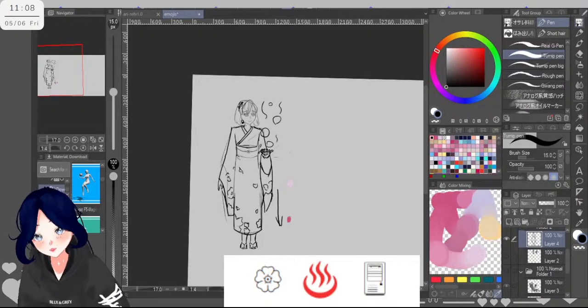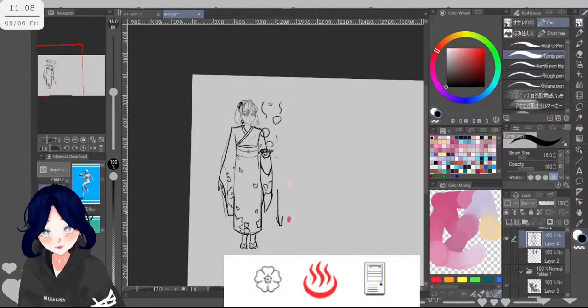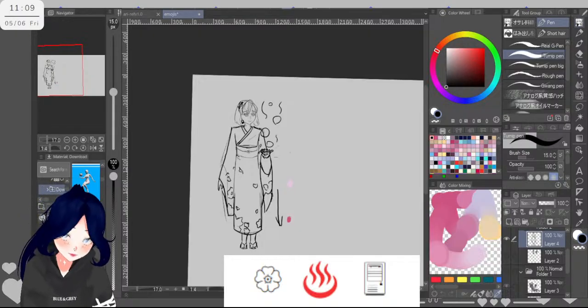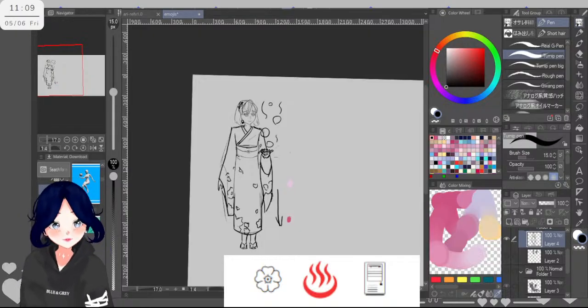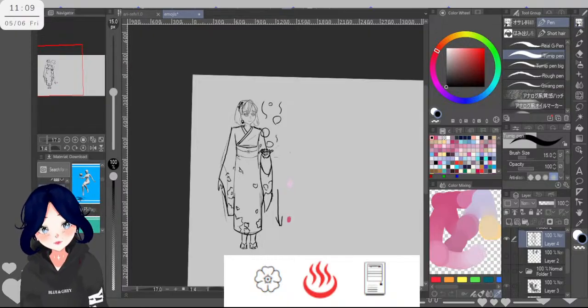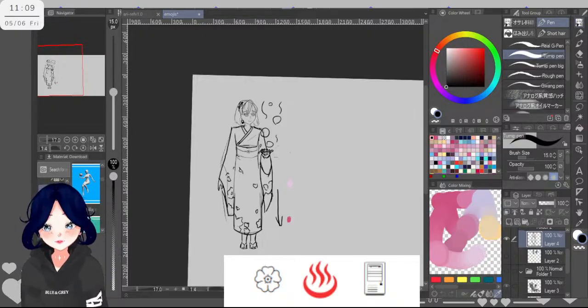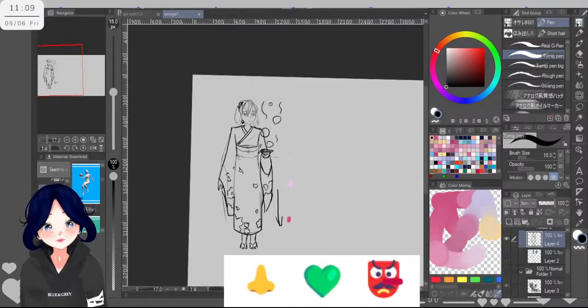So I don't know why it doesn't change. Let me see if I can print the screen, but that isn't working. Alright, let me take a picture of it manually with my phone. I'll see what I do later with this and with this.